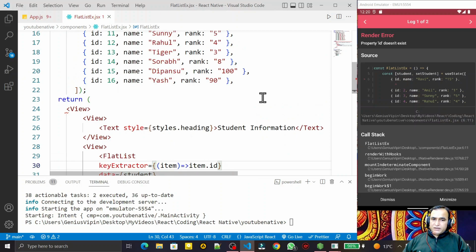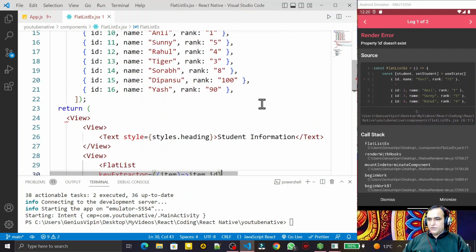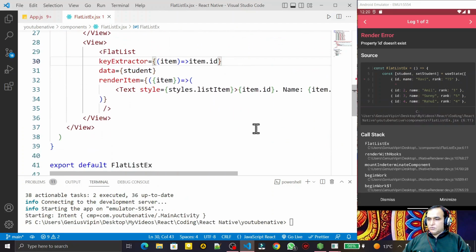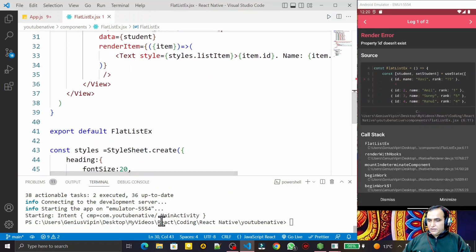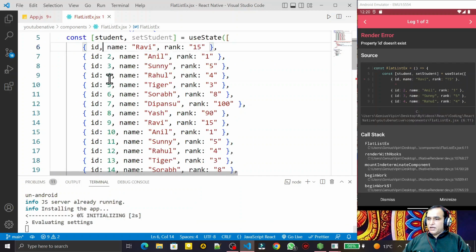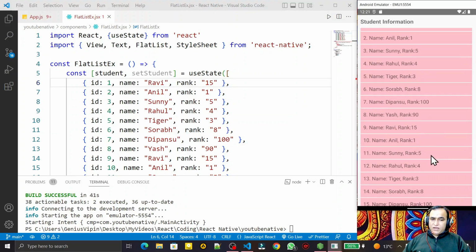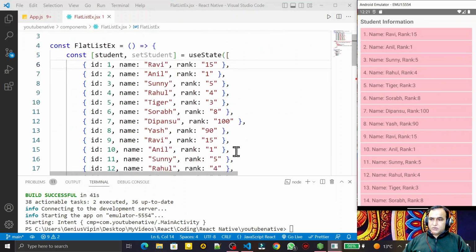Now it is saying that this id does not exist because we are dynamically changing this. So I need to restart this application once again. So I say npx react-native, installing, and I have to pass the value also here. It is misplaced. Save this, and here also we have to give. Save this. You see that once again we have the information, and in place of key we have converted to